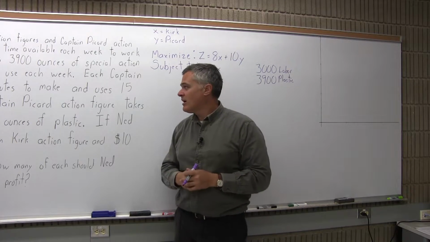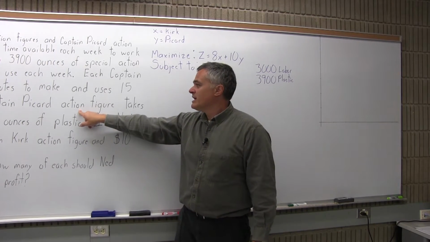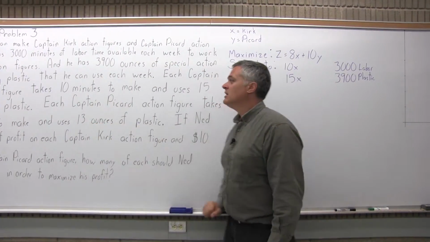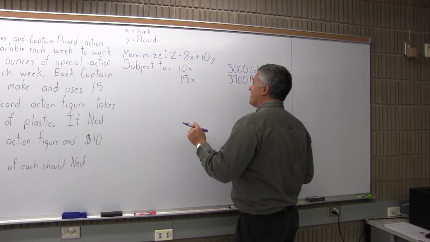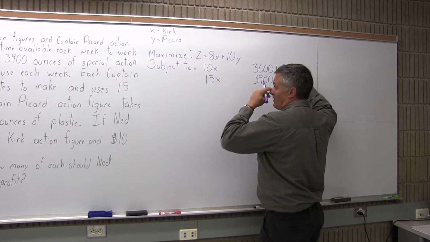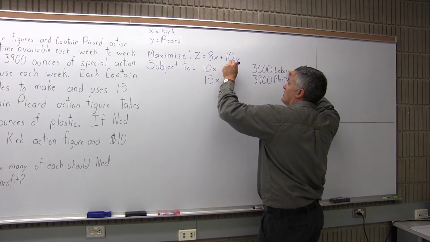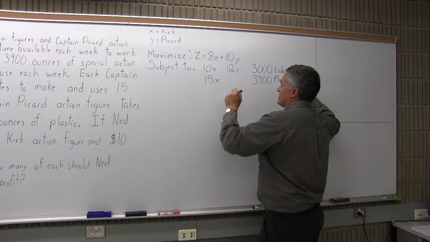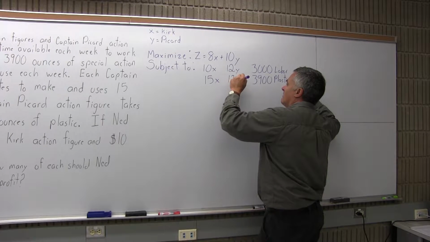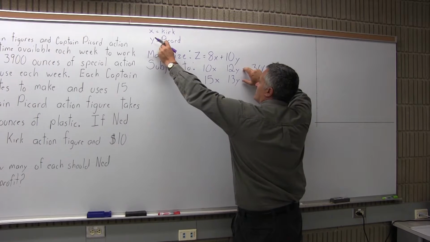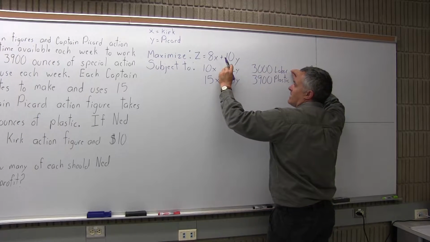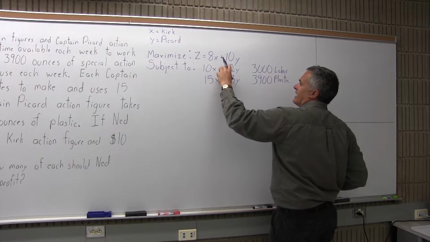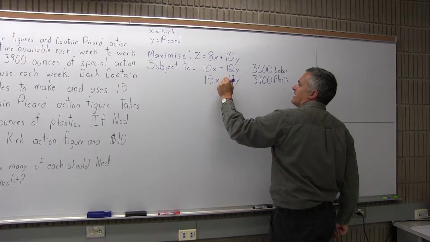Next, we can do Captain Picard. It says each Captain Picard action figure takes 12 minutes to make and uses 13 ounces of plastic. Again, Captain Picard is Y. So 12 minutes to make, it's going to use 12Y in terms of the labor. And 13 ounces of plastic, so 13Y for the plastic. So Captain Picard is Y, 12 minutes of labor to make every Captain Picard, and 13 ounces of plastic to make each Captain Picard. In between the values in our constraints, we're going to have a plus,